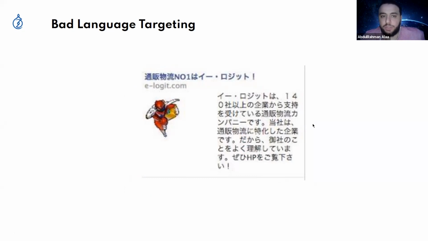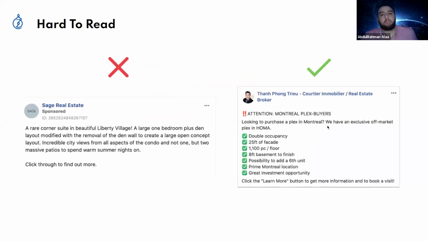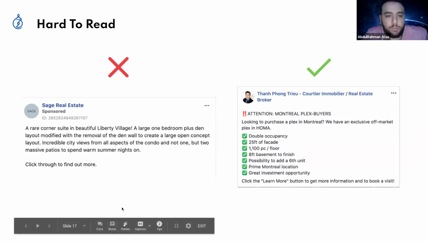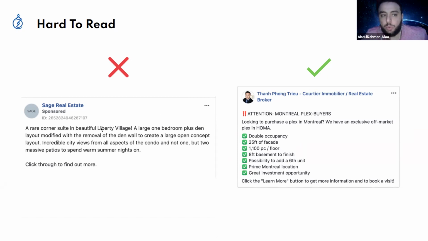I understand nothing from this. Hard to read. You should organize your content so people understand point by point, with something like click the learn more button, a clear action, and show them why they should stop and read your ad. Look, you just have a few seconds. So if you make people read something so complicated like this, that's not going to work.